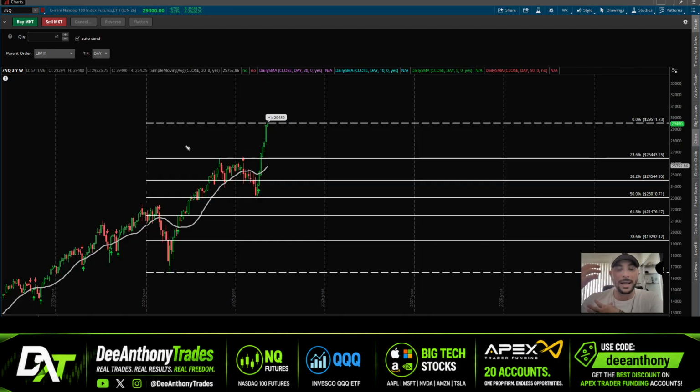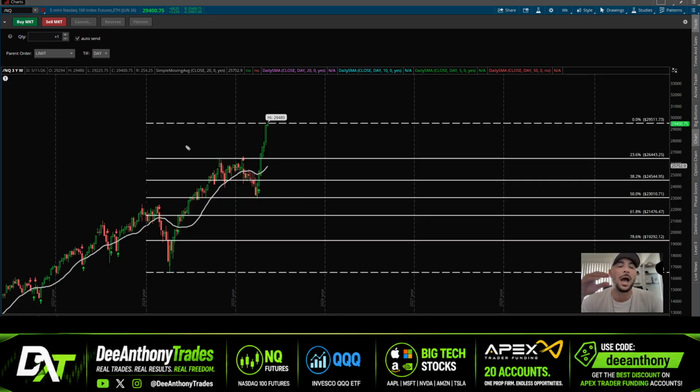But in any pullback, there's going to be a day where the market gaps up 200 points and then closes red 500. There will be a day, and everyone's going to be throwing the baby out with the bathwater and thinking this is it, this is the big bubble burst, only to get trapped and squeezed out of that because it's not really anything significant.